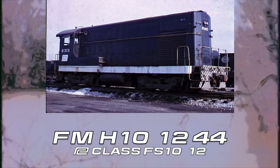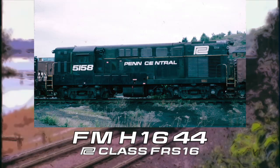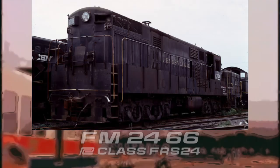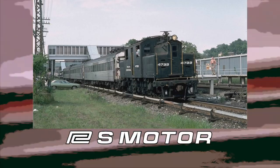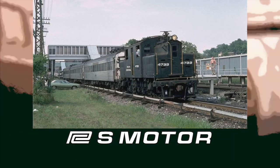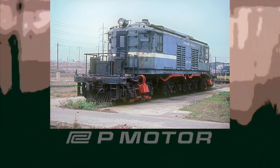That white sill just hits different. These were used on road freights. Let that sink in. I would have liked to have seen these fully repainted. The chubby little electric switchers that refuse to die. Penn Central just doesn't work in gray. Long,